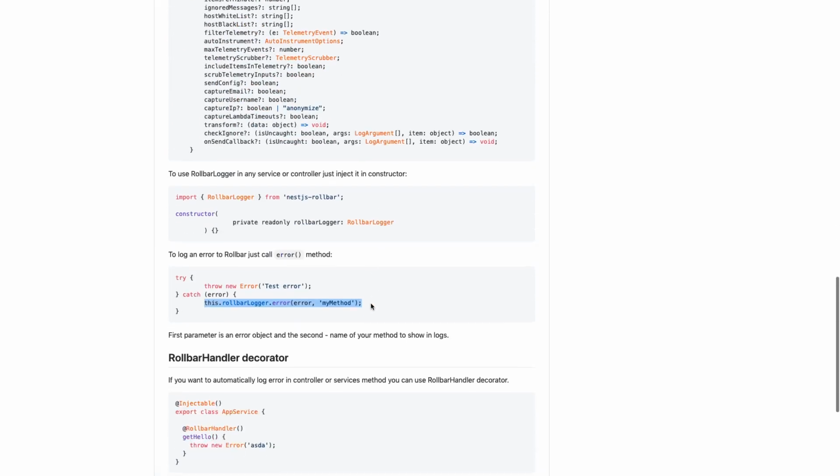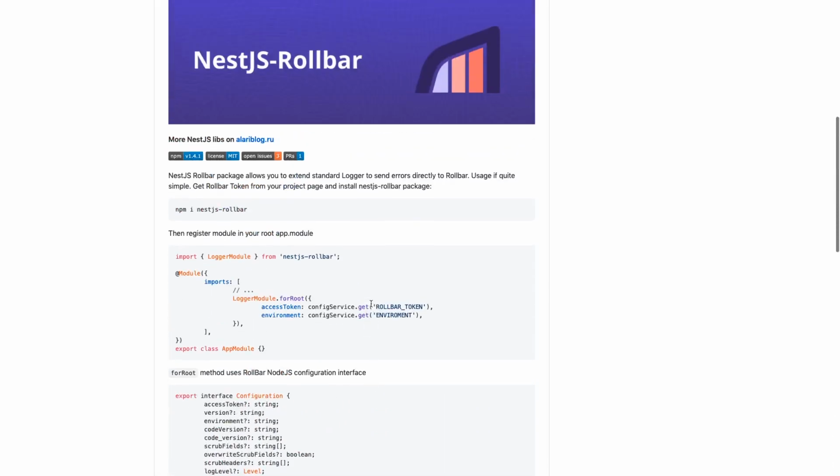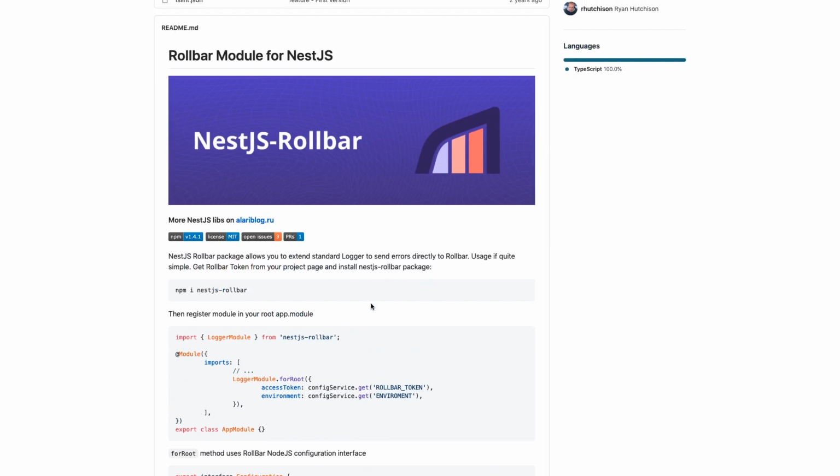So this is enhanced logging, or you can write your own custom logging that will help you to log your exceptions and errors, get alerts, and all these things. So this is also an important part. You can write a custom logger, or you can use the inbuilt logger, or you can use these third-party services.